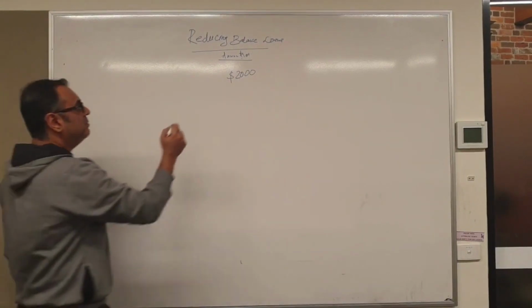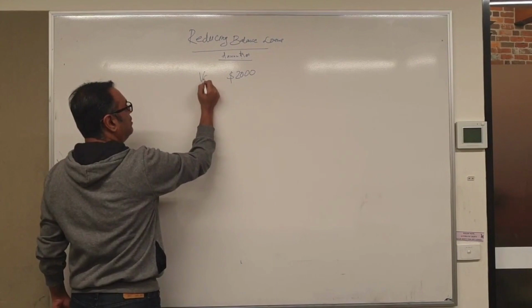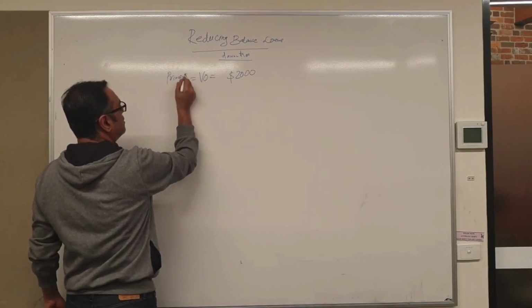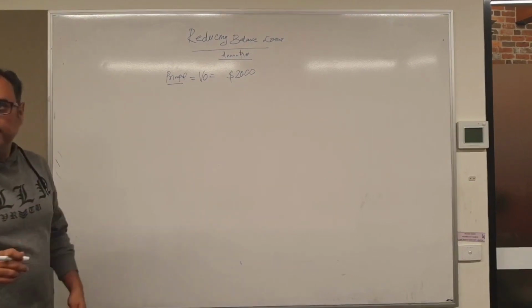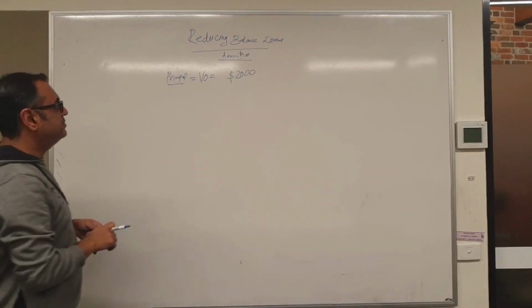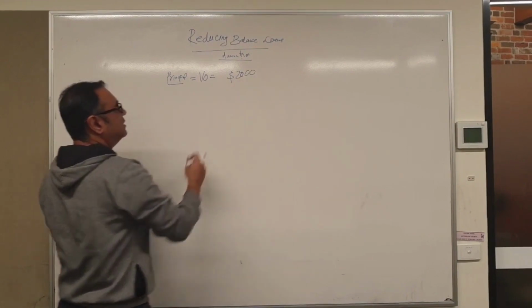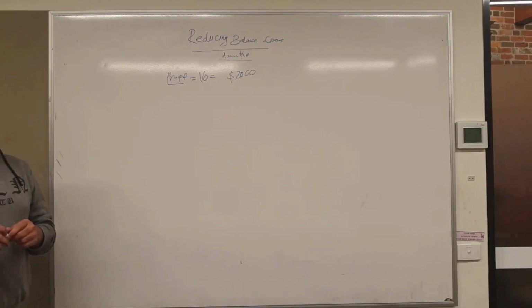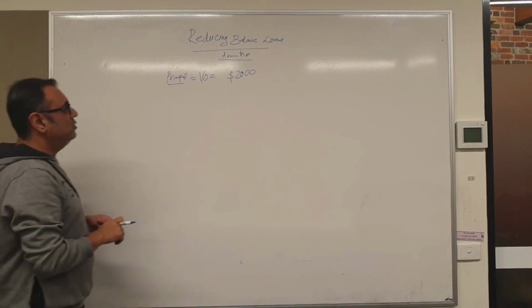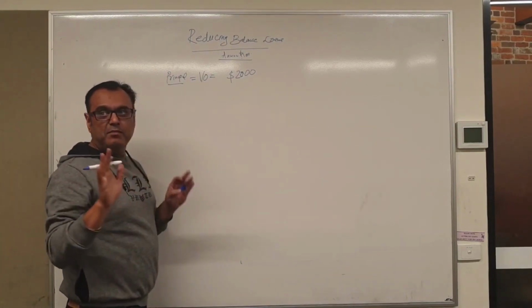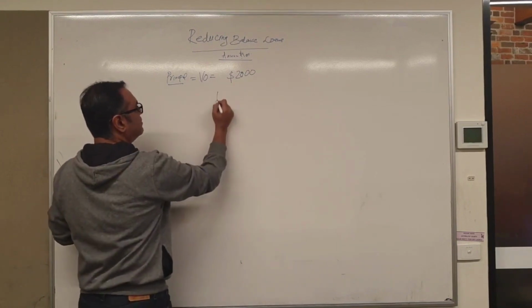So the principal amount, or your V0, that you lended is $2,000. Now that lender, whosoever has given you this loan, you've agreed to pay that in